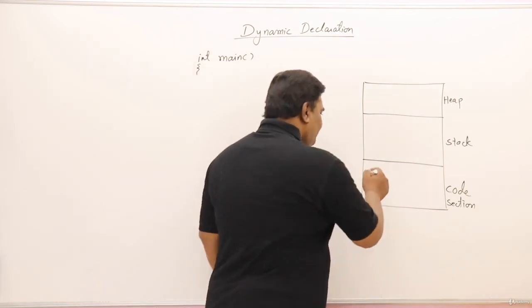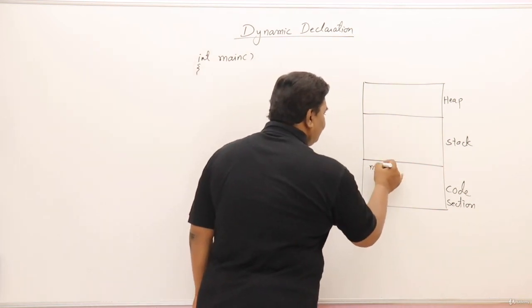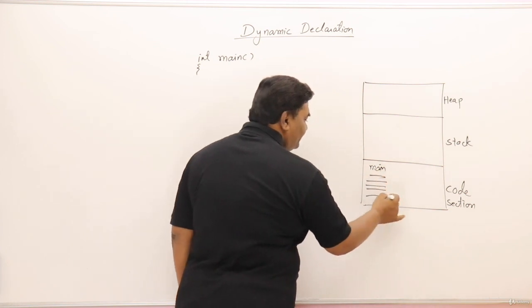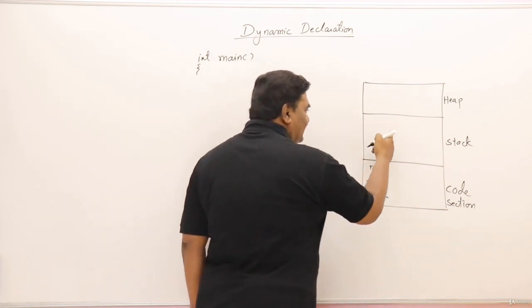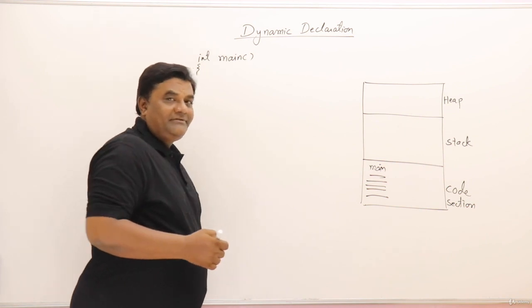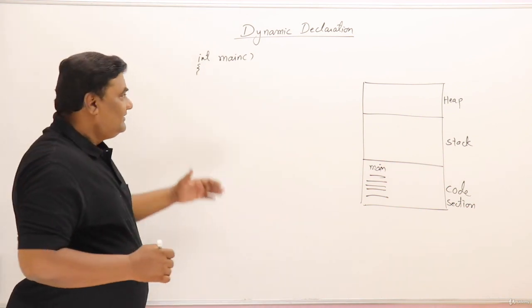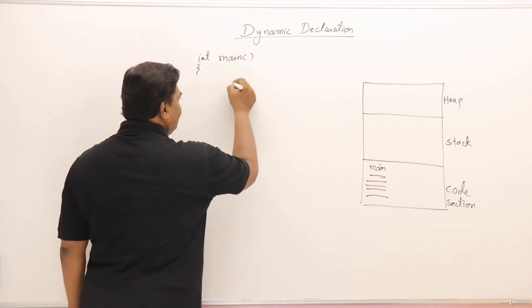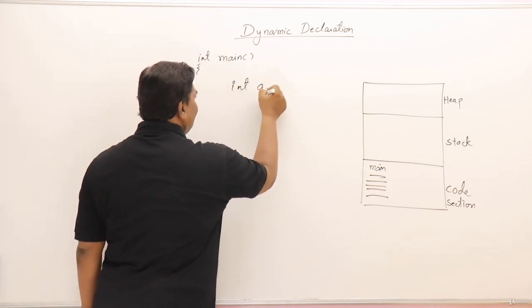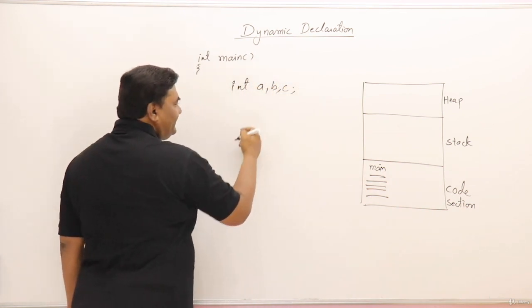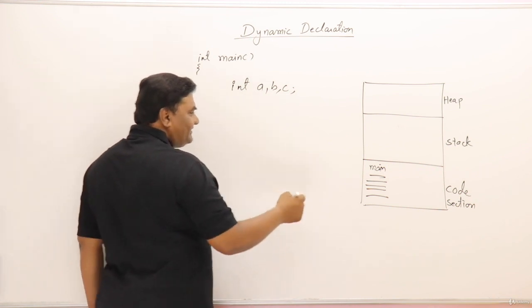This is the place where the program itself resides. Suppose it's a main function, the machine code will be lying here. And here, inside the stack, the memory for the variables will be created during the execution of a program. Let us see, I have a main function here. If I am declaring some variables A, B, C of type integer, suppose integer take 2 bytes, then 2 bytes